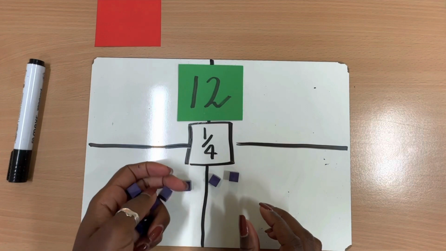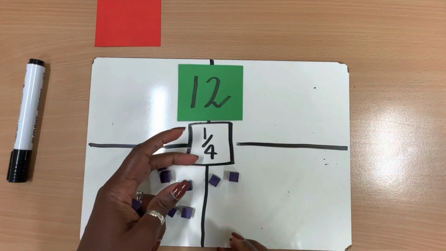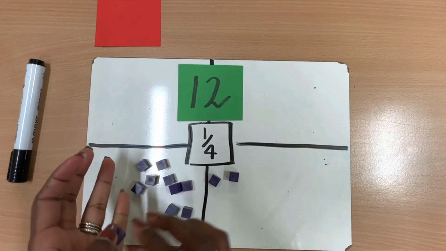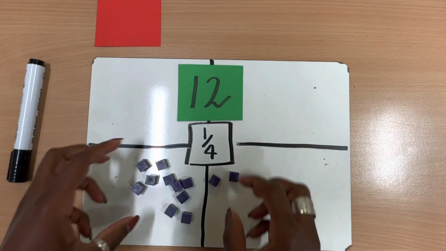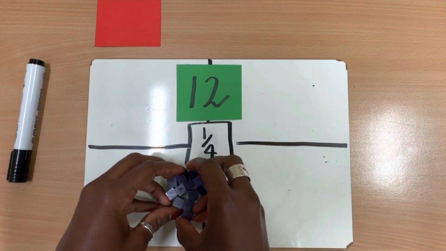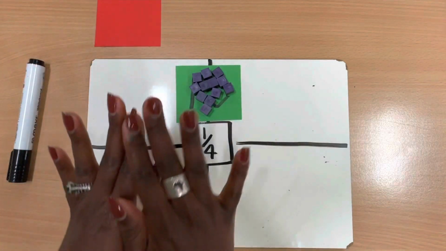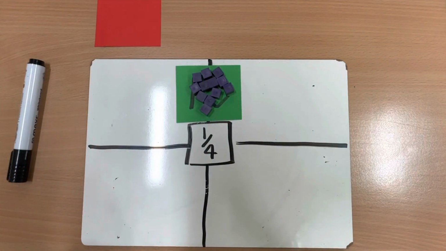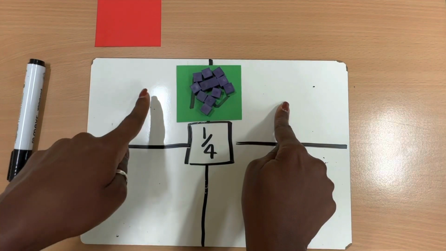1, 2, 3, 4, 5, 6, 7, 8, 9, 10, 11, 12. Okay, so I'm going to start sharing my 12. I'm going to put my 12 here so I don't get it all muddled up, because I want to make sure I'm sharing it into 4